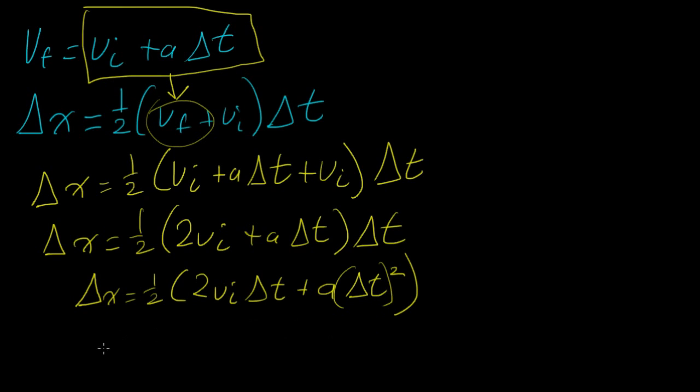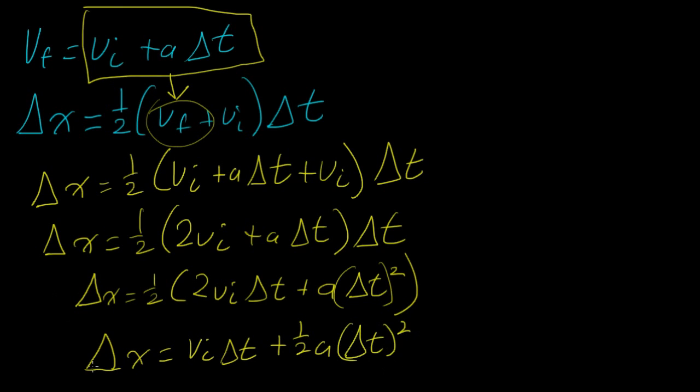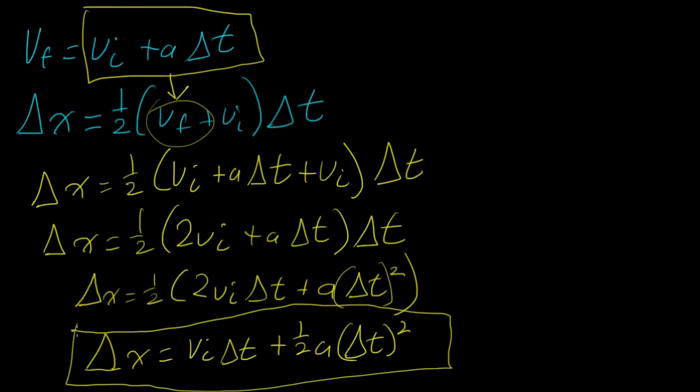Now we have to distribute the 1/2. So we're going to finally end up with delta x equals, well, half of 2 cancels, so Vi delta t plus 1/2 a delta t squared. And this is our formula that we're going to want to use. Notice how this formula gave us Vf, Vi, a, and t. This one gave us delta x, Vf,